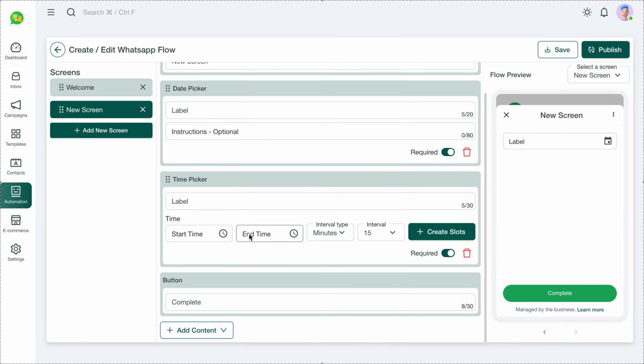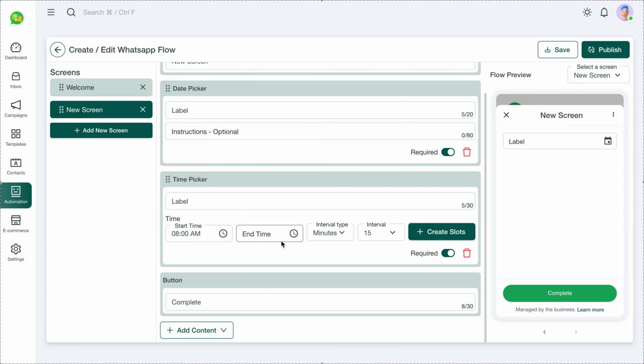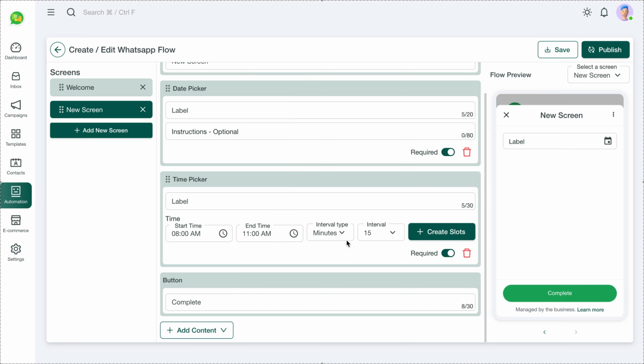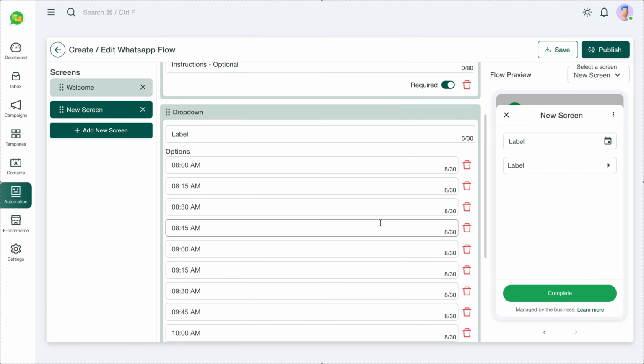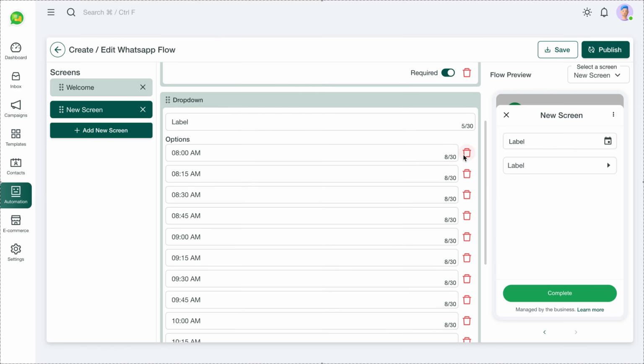Okay, so start timing like this, date, and start time I'll give is somewhere 8 a.m. End time I'll give somewhere 11. This is how the time I'm available actually. 15 minutes and create a slot. I can create the slot. One mistake we did, we would have been taking 1 hour of slots actually. So yeah, if I delete all,